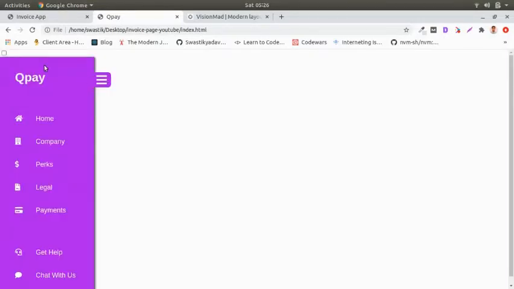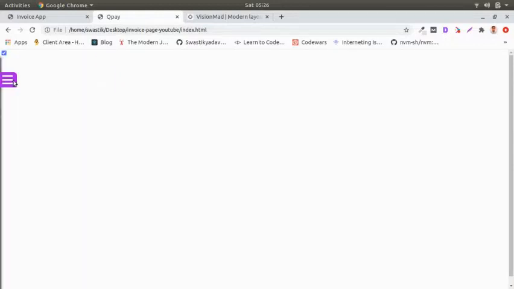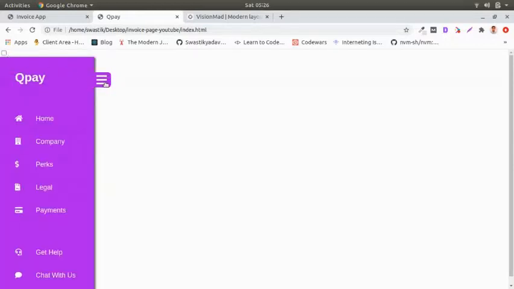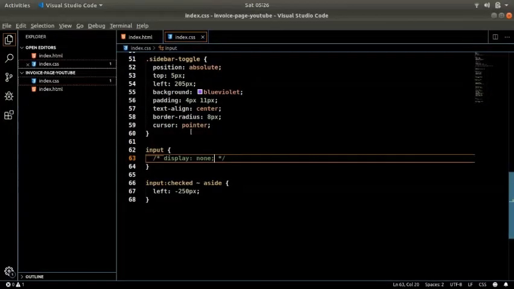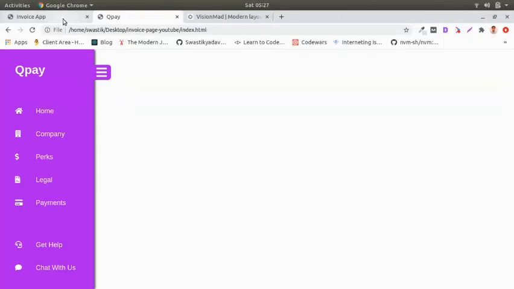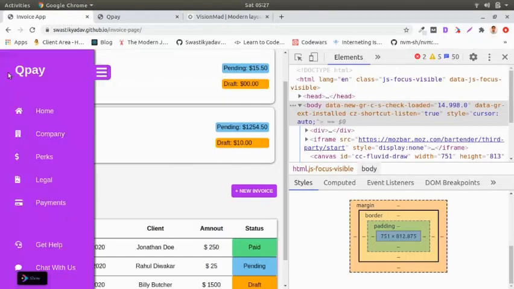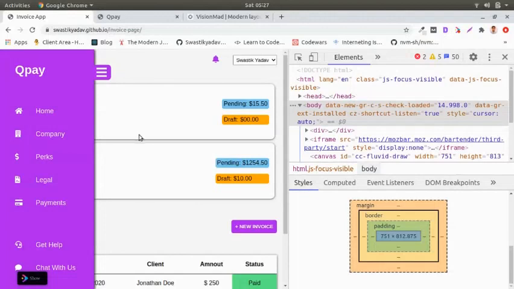But as we have attached this toggler to that input, in place of that input, this toggler does the job. Now set it back to none. Boom, we have our sidebar completely functional and no problem at all. So that was how you build this sidebar, and that's amazing stuff right there.